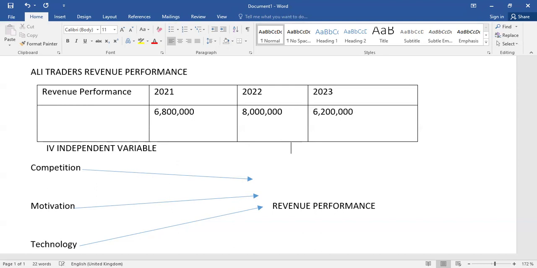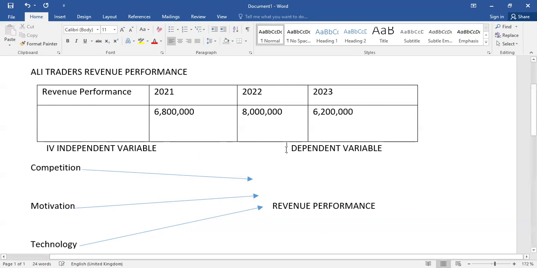And this revenue performance becomes the dependent variable. Guys, if you have any problem differentiating between the independent and the dependent variable, independent variable is